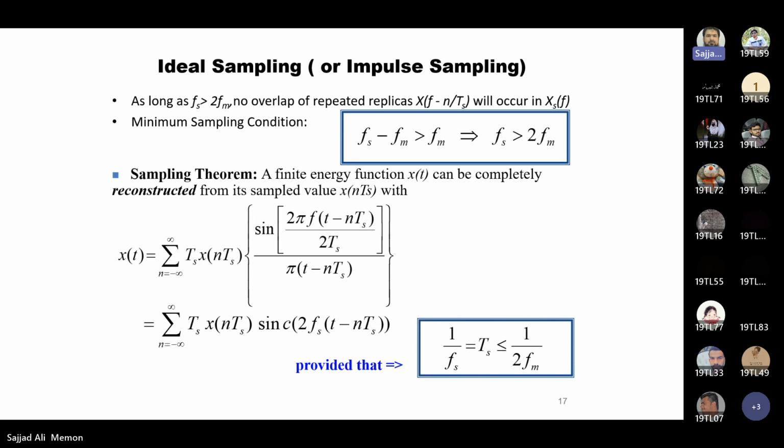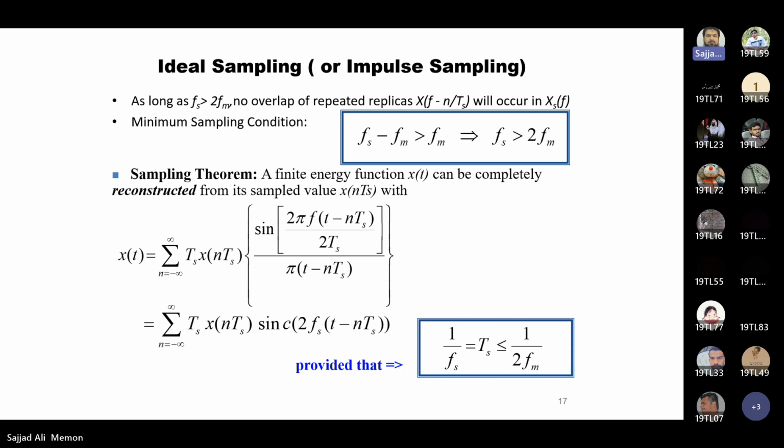You can rearrange this equation, it will give you the same as this one, but here we have greater than or equal to. But if you want to make sure that there is no aliasing, then you should go for the sampling frequency greater than twice the maximum frequency or highest frequency component. If you take the equal frequency,